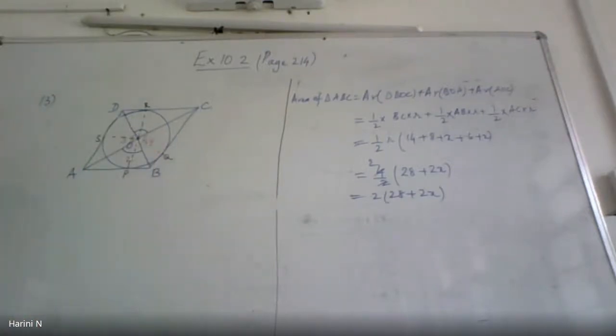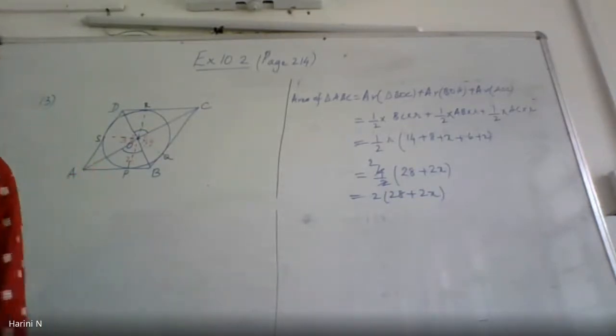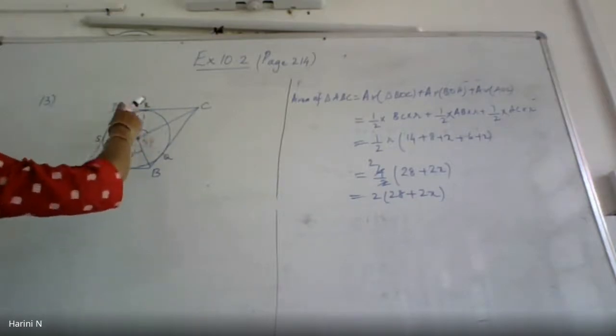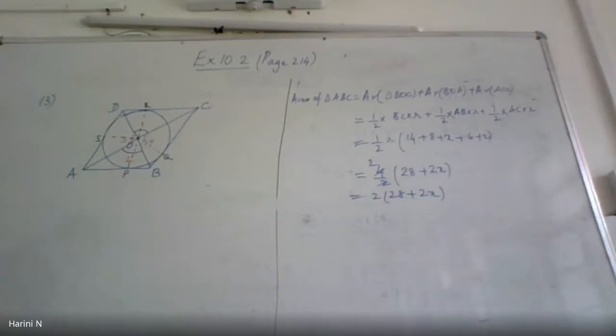Can you see I have joined the center of the circle to the point of contact of the sides of the quadrilateral. And hence, whatever I join there, OP, OQ, OR and OS will become the radii of the circle. Correct? Now I have the radius of the circle drawn, I have the points of contact. I know I have to show 1 plus 2 is equal to 180 and 3 plus 4 is equal to 180. How will I show this?